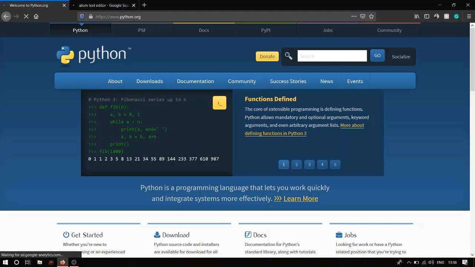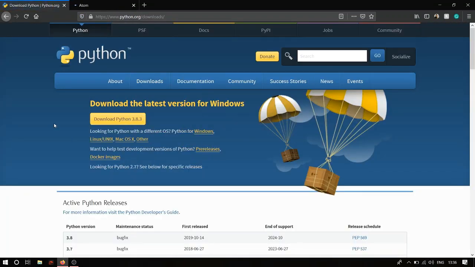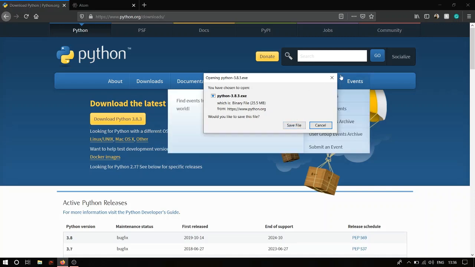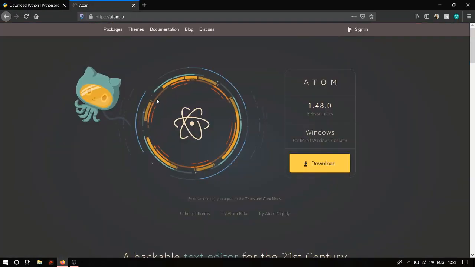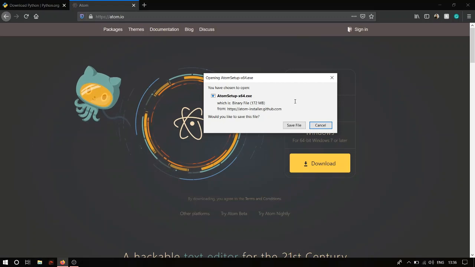So if you click on python.org, you will be brought to this page. You can click on downloads, and the latest version as per the recording of this video is Python 3.8.3. You can click on that button and click on save file, which will download your Python executable file. I'm not going to do that because I've already downloaded it. Then you can click on this button over here in atom.io and again save file, which will download your Atom